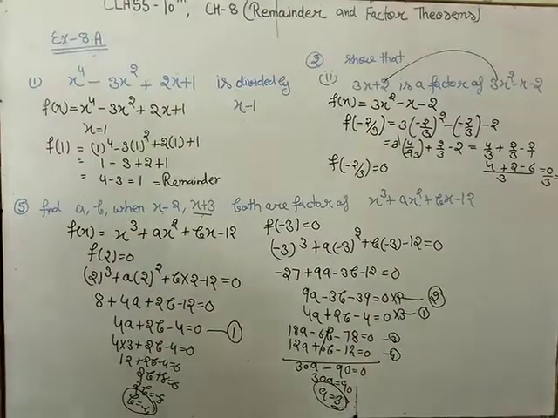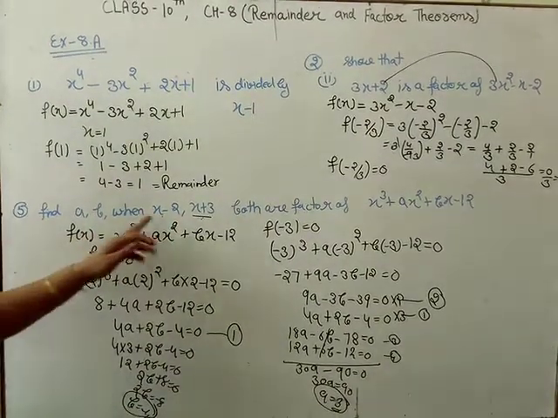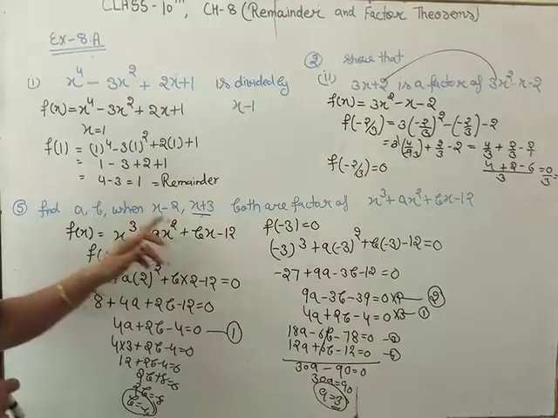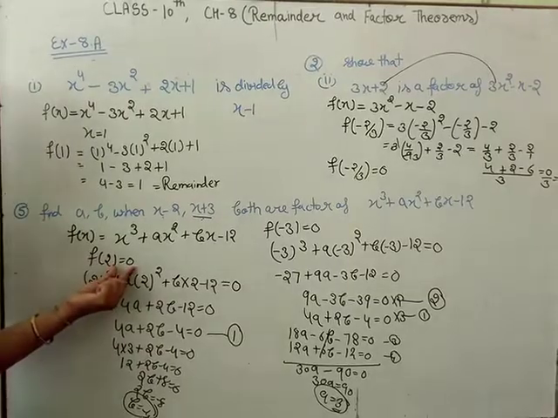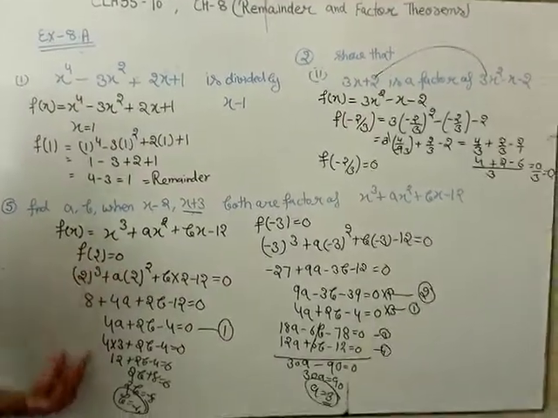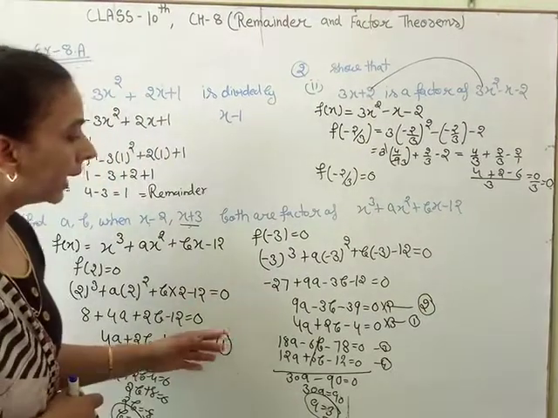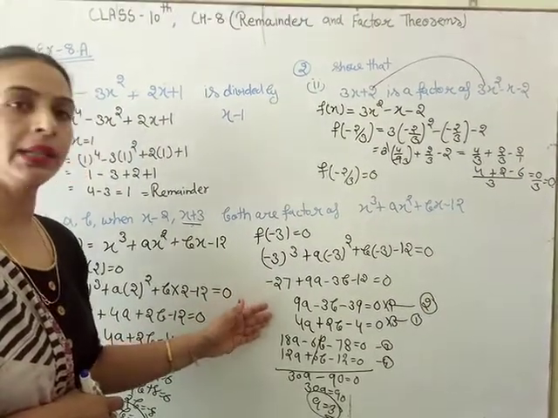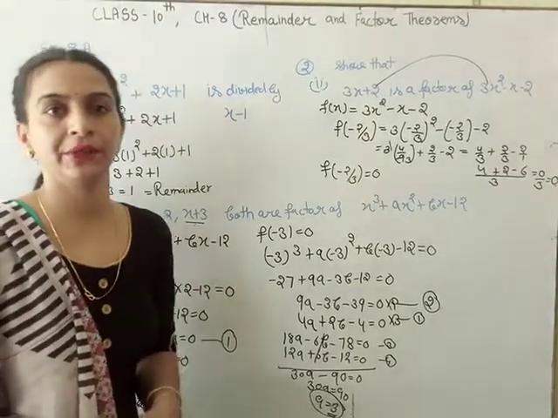Student, if we have this type of question, there are two factors, then first we use first and then we use second. If x minus 2 is factor, then f of 2 equal to 0 because factor is given. Then we find first equation, from second factor we find the second equation. Again we solve by first and second equation, find the value of unknown a and b. Okay, next we take other question.